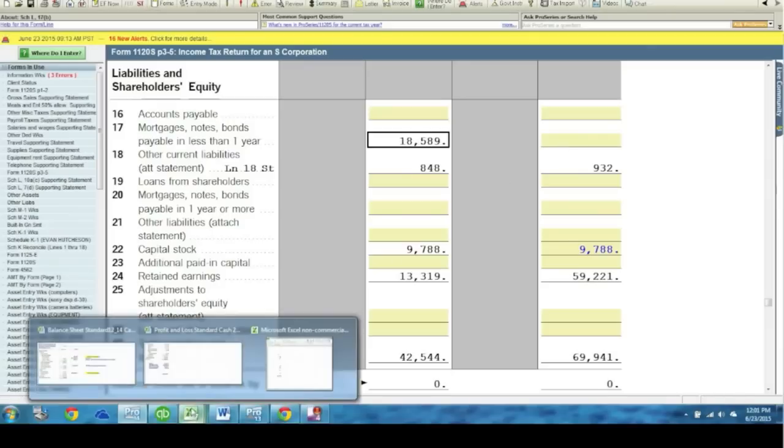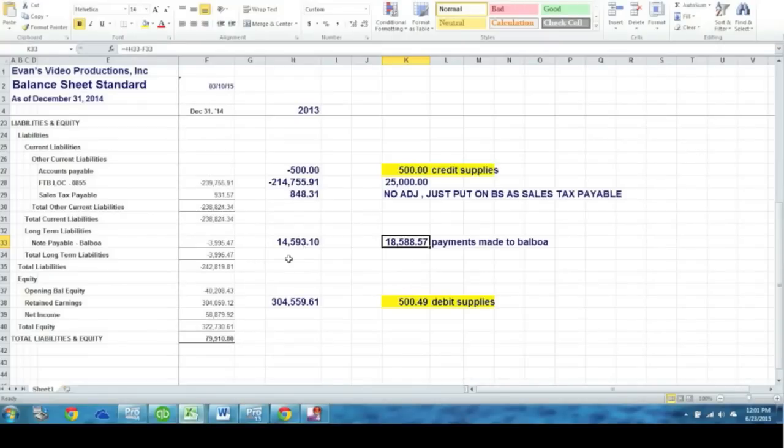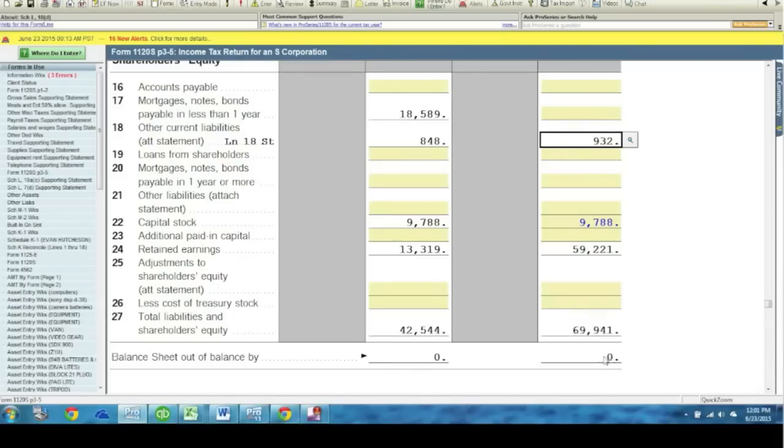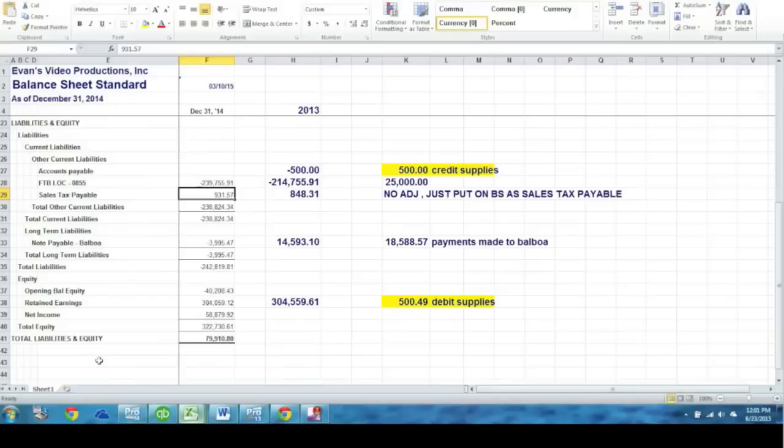The sales tax payable we're assuming is correct, because in 2013 it was input on the tax return as $848, and the 2014 amount was $932. So we're putting $932 right here. We're keeping the capital stock the same. The retained earnings fixes itself depending on how much income we put in the system, and that's how the balance sheet balances. Now, if we go back to this balance sheet just to go over it real quick,